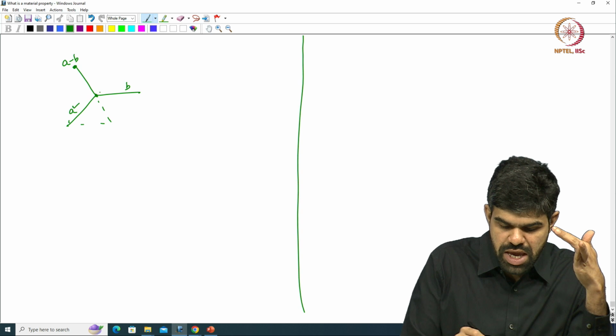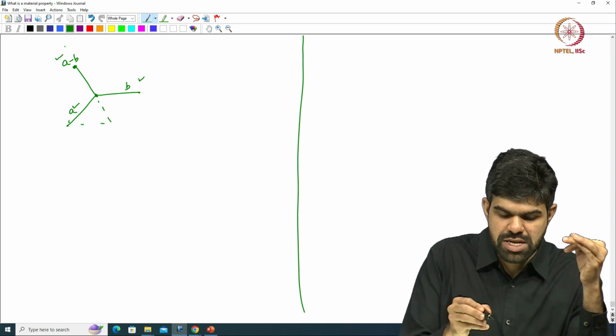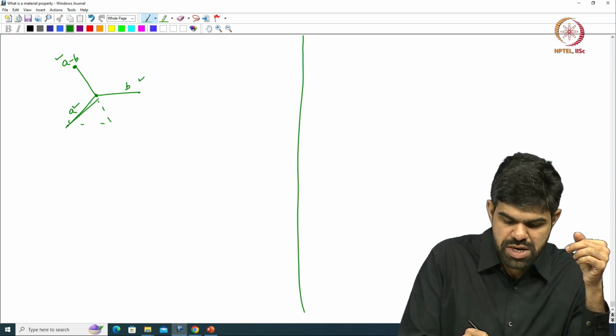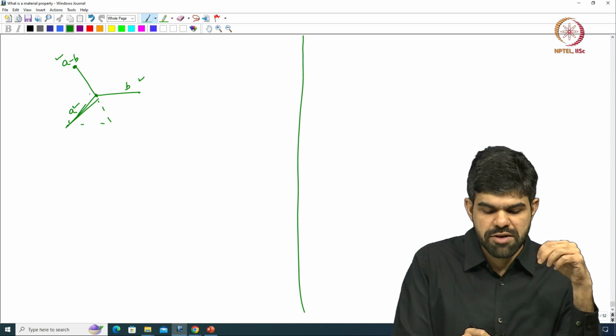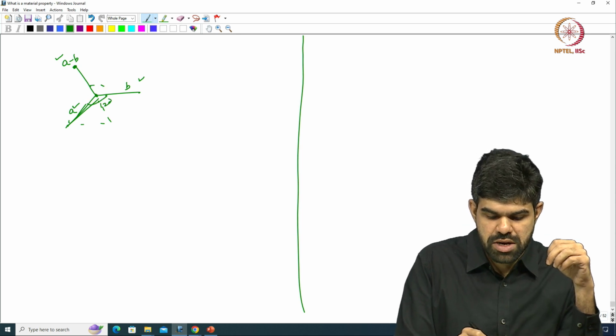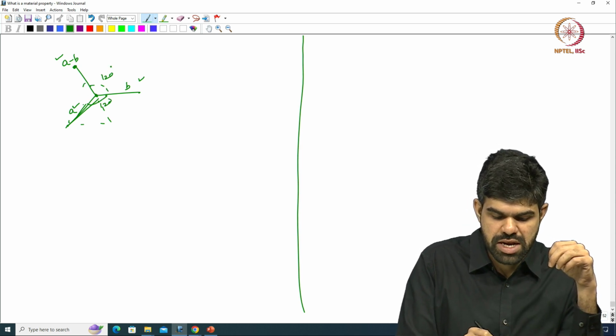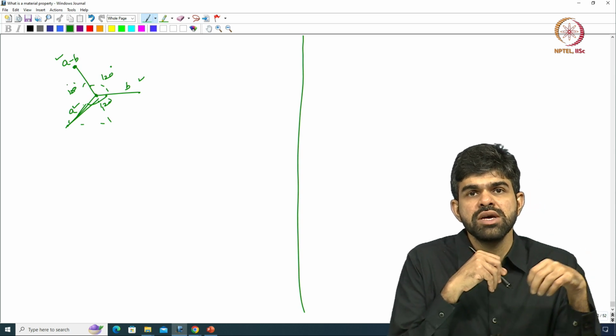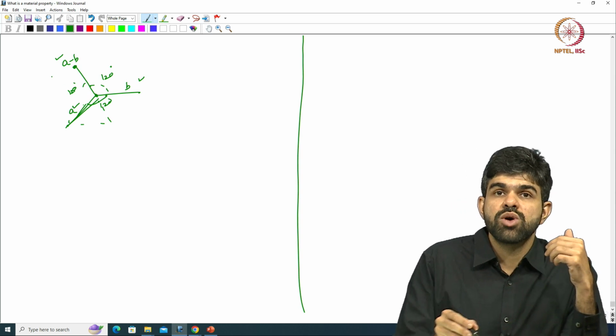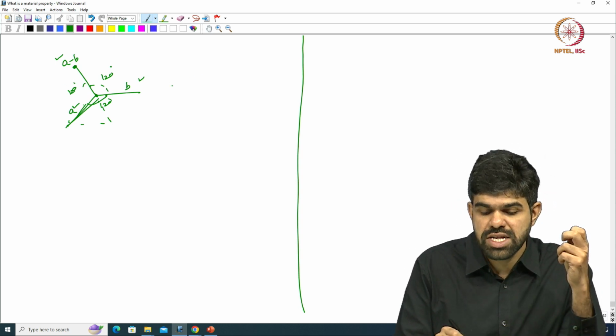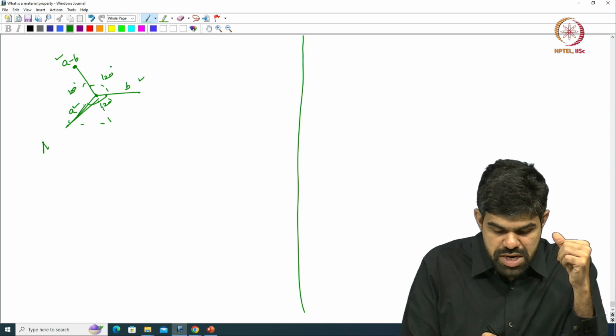So, I can either take A B, I can either take A minus B, I can either take this vector and this vector or this vector and this vector, right. So, everything is at 120 degrees angle with respect to each other, right. So, you will see that some people actually take all the three vectors, and so in a hexagonal system the Miller indices